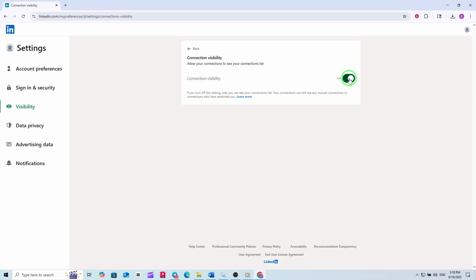Let's quickly recap the steps. Open LinkedIn from your browser, click the me icon at the top right, go to Settings and Privacy, select Visibility, then enter Who Can See Your Connections, and finally, enable connection visibility. That's all it takes. With these easy steps, you can control who sees your LinkedIn connections and manage your network